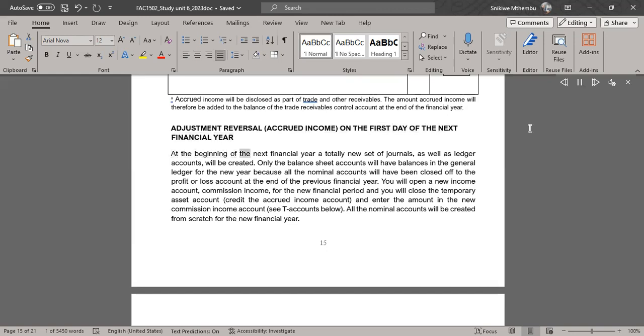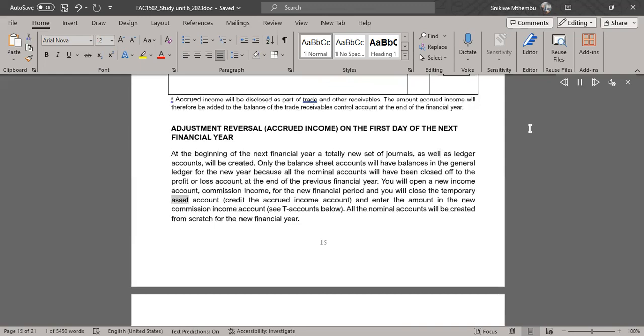At the beginning of the next financial year, a totally new set of journals, as well as ledger accounts, will be created. Only the balance sheet accounts will have balances in the general ledger for the new year because all the nominal accounts will have been closed off to the profit or loss account at the end of the previous financial year. You will open a new income account, commission income, for the new financial period, and you will close